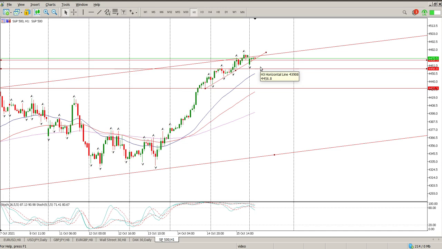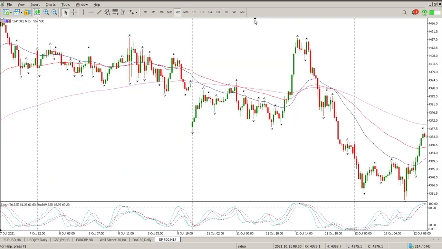If that breaks, then you do have a couple of other bits of structure. There's a little bit of structure on the hour, that's 44.47, and then down here at 44.31. Now 44.31 would basically take out Friday's gains. I don't think that's going to materialize. So more than likely, looking at this 44.56 area, one thing that you're going to need to do is get